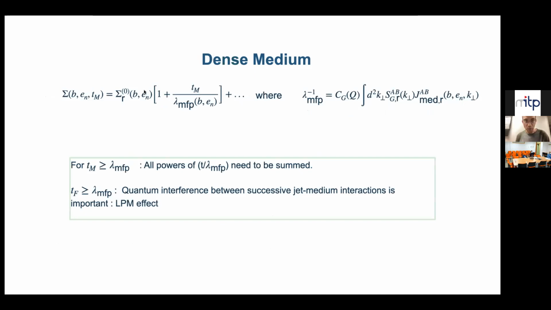So once again, I have my formula here. In this case, again, the size of the medium is of the order lambda mean free path, so that this ratio is of order 1. But now the coherence time of radiation is of the order of or greater than the mean free path. So now the quantum interference becomes important, and we need to understand how to incorporate the LPM effect in this case. Now, this is something that I'm working on currently, but I would like to tell you what the resolution possibly might be by giving you a connection with